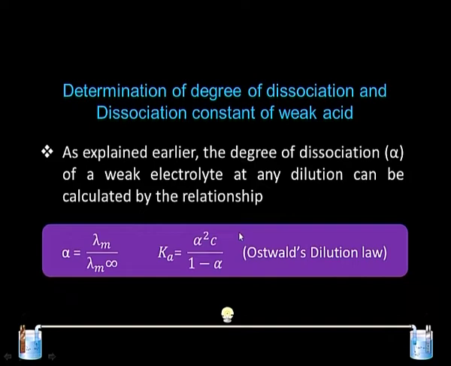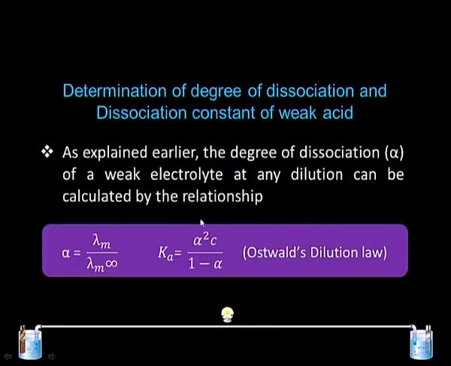This is an important parameter to know, because there are a number of unknown carboxylic acids where we are interested to find out how good it is, how well it can furnish the H plus ion, and we are trying to find this Ka, and this Ka can help in the characterization of an unknown carboxylic acid. So, to complete the discussion on the degree of dissociation and the dissociation constant of weak acid, let us try to look at one numerical,